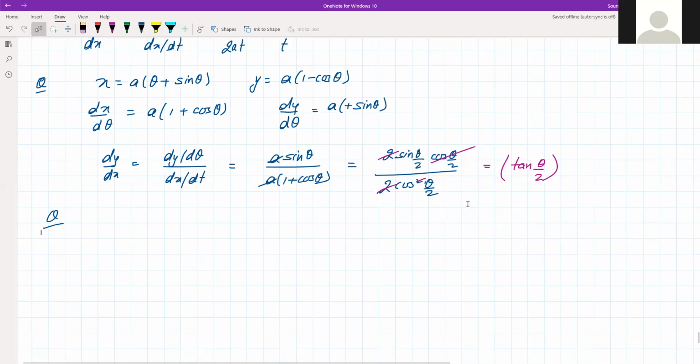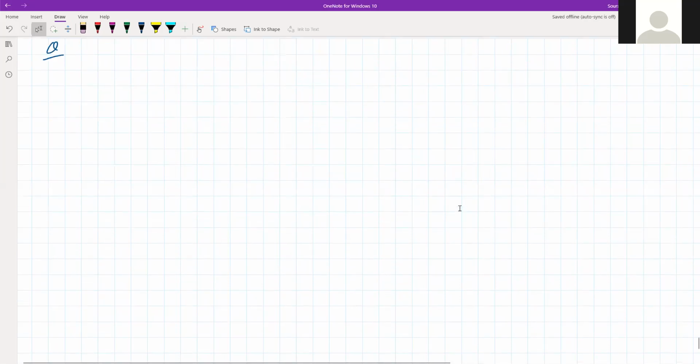Let us solve one more problem. It is given that x to the power 2 by 3 plus y to the power 2 by 3 is equal to a to the power 2 by 3. So it is an implicit function, right? And we have to find dy by dx. So something similar we were solving earlier as well. But here, if we have to solve this using parametric equation, what we can do is